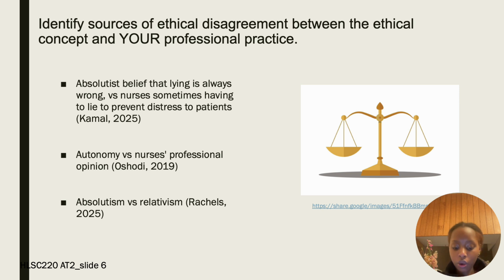Absolutism believes that lying is always inherently wrong, and this is a standard that must be adhered to. But at times, nurses have to withhold certain information from patients that could cause distress, which goes against the absolutism aspect of non-maleficence, which is above all do no harm. Autonomy means to self-govern, giving patients the right to make decisions about their own health. A nurse may see this as a guide, an informed choice of their own health, as they believe that they understand the patient's medical conditions better than the patient does,